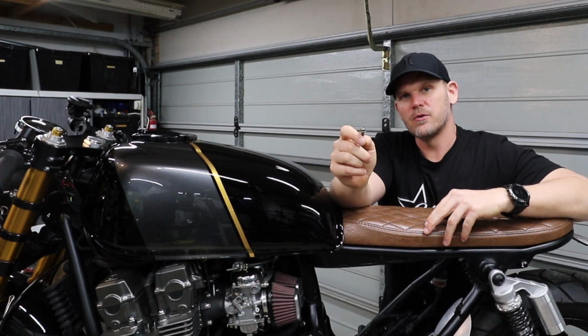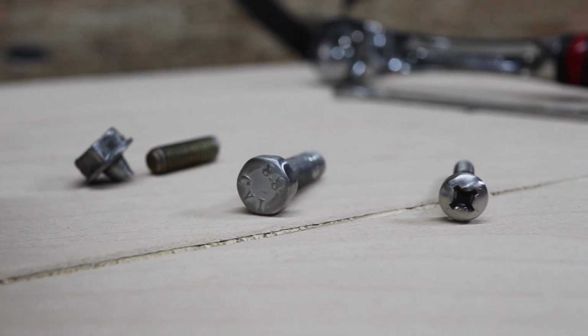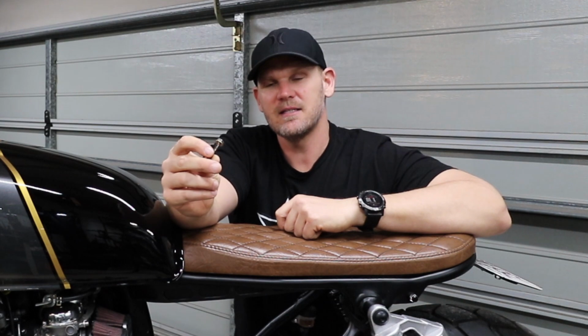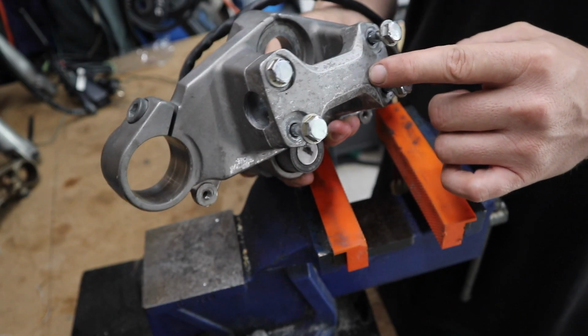If you've got a bolt or a screw that you can't remove because the head's been snapped off, or it's been rounded, or even the head's been stripped, or in my case, if it's a tamper-proof bolt, I'm going to show you 2 methods that I use all the time to get these things out, and they work like a charm. I want to vapor blast this top triple clamp, but the first thing I need to do is remove